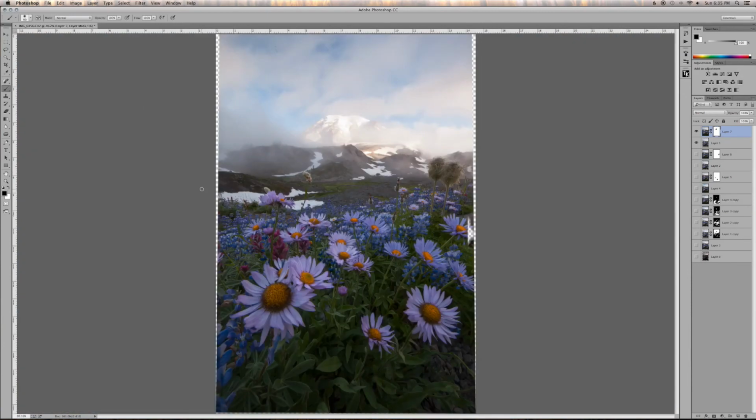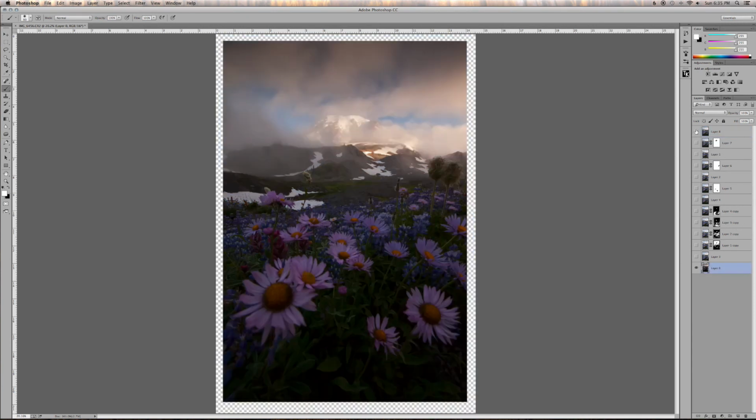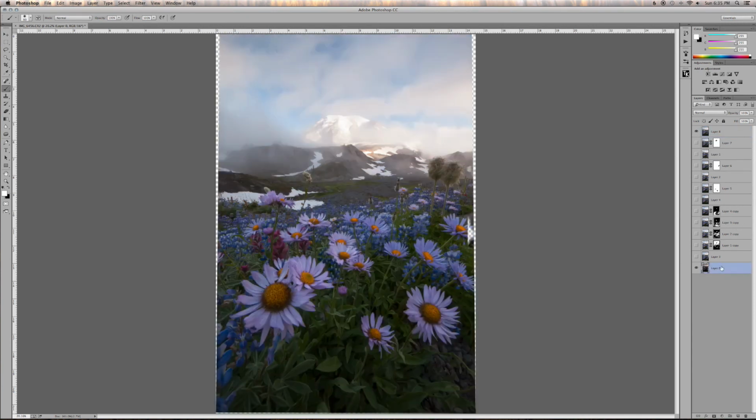So again, I can create another merge visible layer now. Hopefully by now you're used to creating those and you don't even have to look at the keyboard to do it anymore. I know I don't. Now we're going to take our dark exposure for the sky. This one, we're going to put underneath our new merge visible layer. Put a layer mask on the merge visible layer, that layer 8, and now we can just paint in our